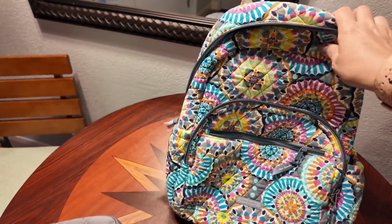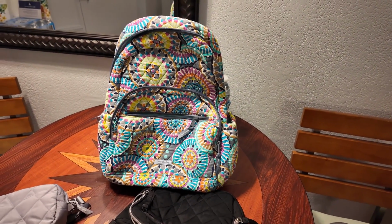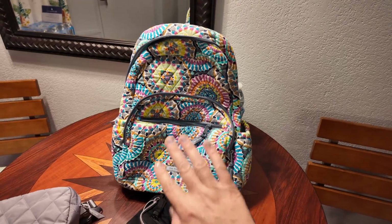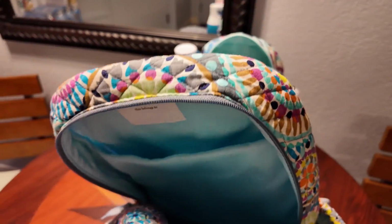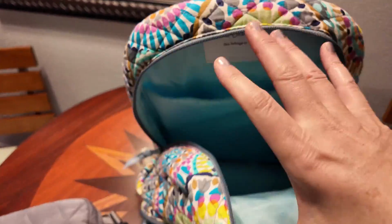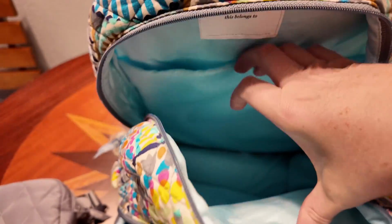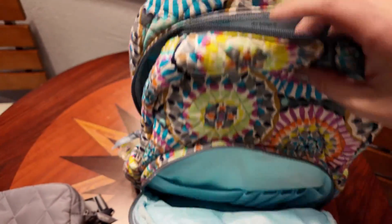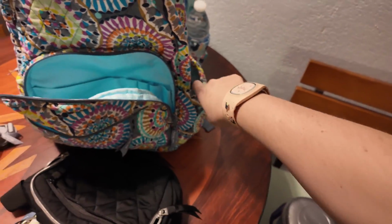Another option is the Vera Bradley Essential Backpack, or the Campus Backpack will do the same thing. It has a few more pockets, and it's a little bit bigger on the inside. So if I'm coming in the winter and I have packable coats with me, I'll bring this size so I can put the coats in there. But in the summer, that's totally fine because I don't need to pack coats. But this one's a little bit bigger. As you can see, it has a big internal pocket here, and then it's got a few more here, as well as the 2 functional